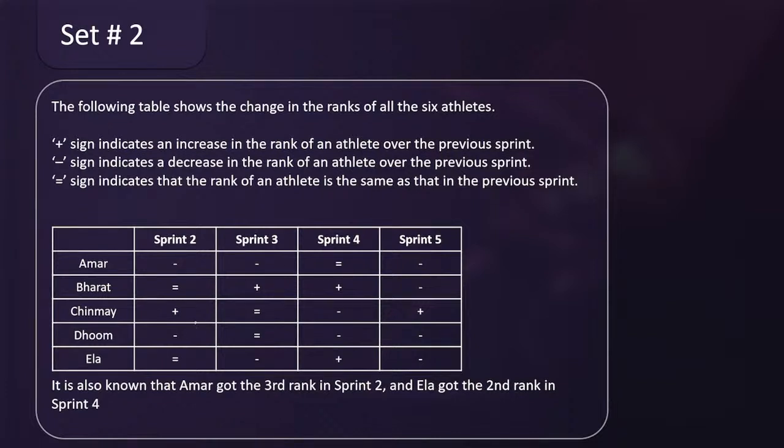Yes, Rakshana, sprint 1, obviously it will not be there because this table shows you the column, the improvement over the previous ranks. Okay, so sprint number 1 will be the benchmark for sprint number 2. So this shows the change in the ranks. Fine, so sprint number 1 को हम किससे compare करते हैं? So obviously sprint number 1 का column यहाँ पे नहीं होगा, but you will have to make the column of sprint number 1 in order to mention the ranks of these athletes.